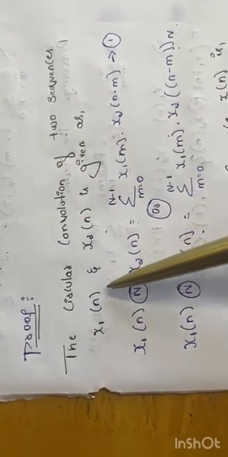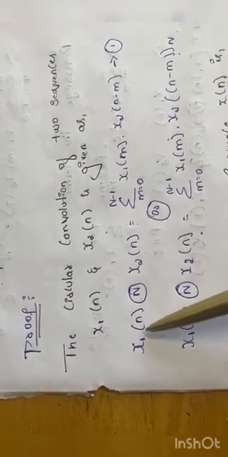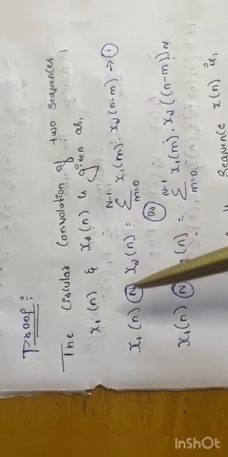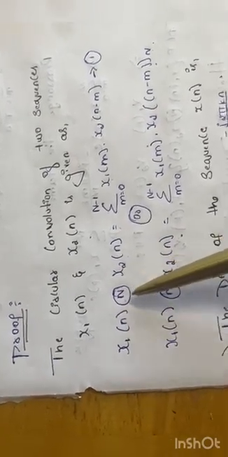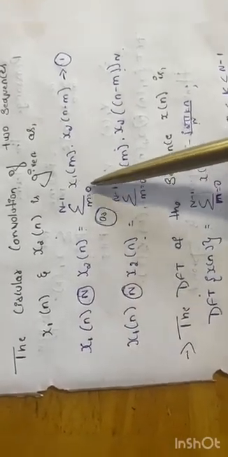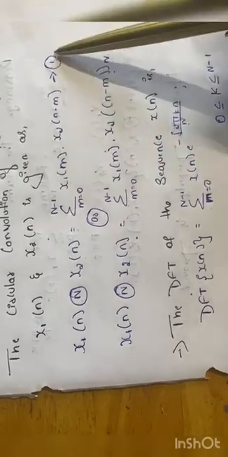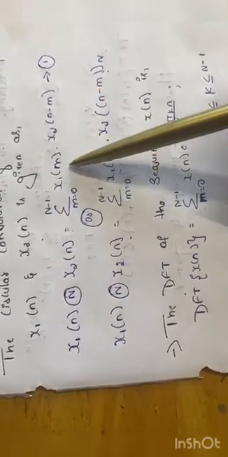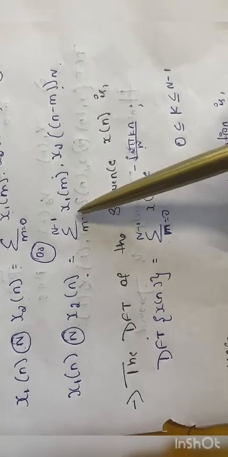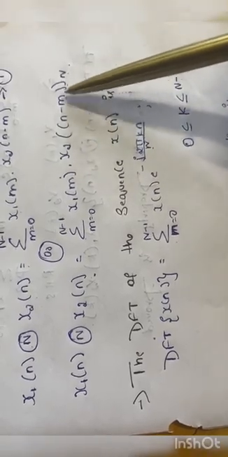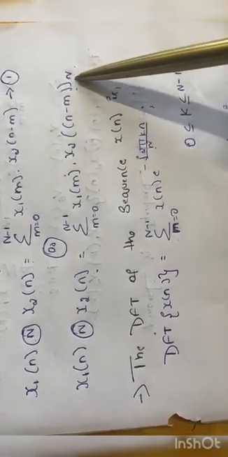First we have to consider the formula of the circular convolution. So here the circular convolution of the sequences given as x1 of n and x2 of n. The n with the circle represents a circular convolution. The circular convolution of x1 of n and x2 of n is equal to summation of m equals 0 to N minus 1, x1 of m into x2 of n minus m. Consider this as first equation. The circular convolution formula can also be written as summation of m equals 0 to N minus 1, x1 of m into x2 of double bracket n minus m mod N. This double bracket represents the circular convolution of these N number of samples.